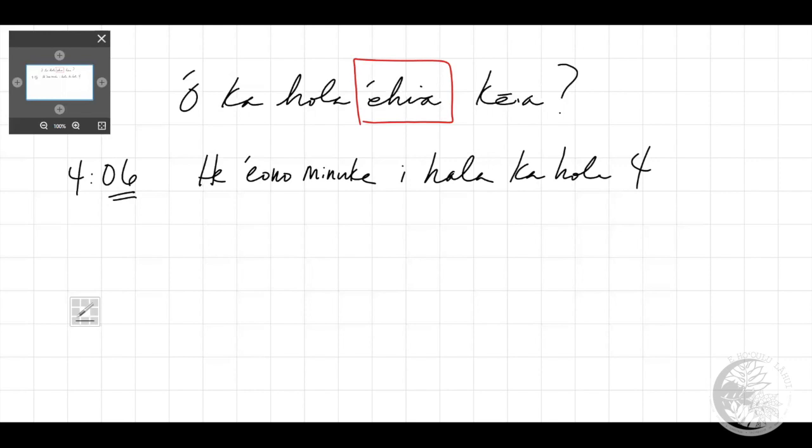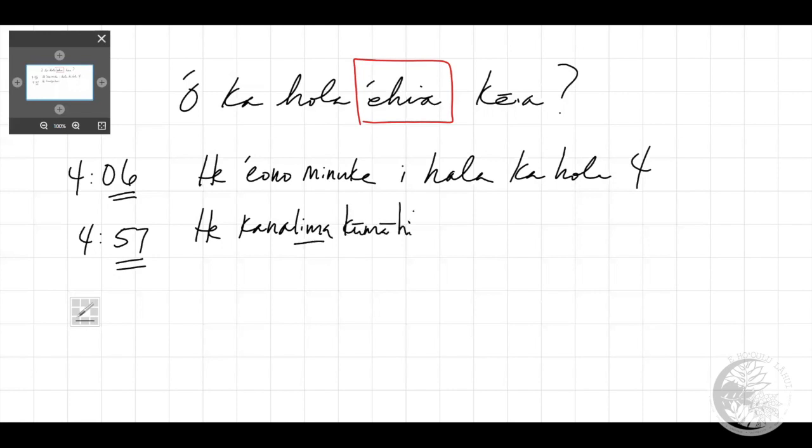Now, what if I wanted to say, perhaps I could say 2 ways here. I could say 57 minutes past the hour 4, which is doable. He, and then the idea of 57, kana lima,